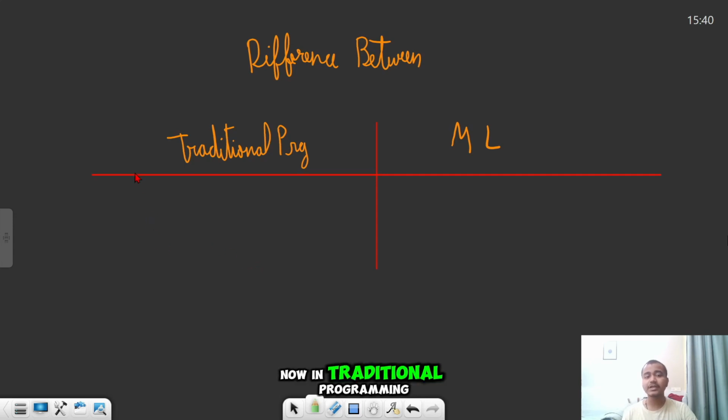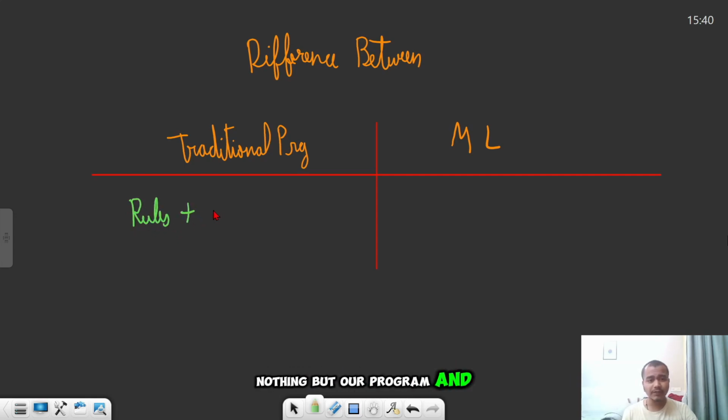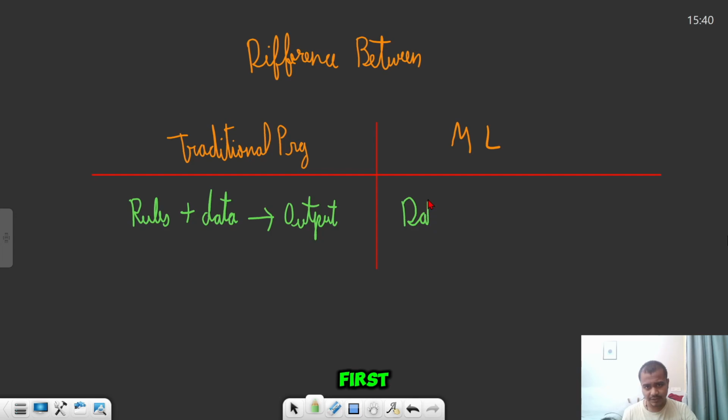Now, in traditional programming, we give the computer rules, nothing but our program, and we also give it the data to produce an output. But in machine learning, we give it the data first and we tell it that for this corresponding data, we get this corresponding output, and we finally want the rules.